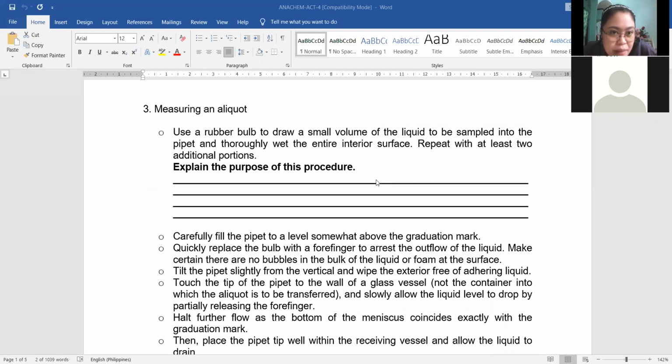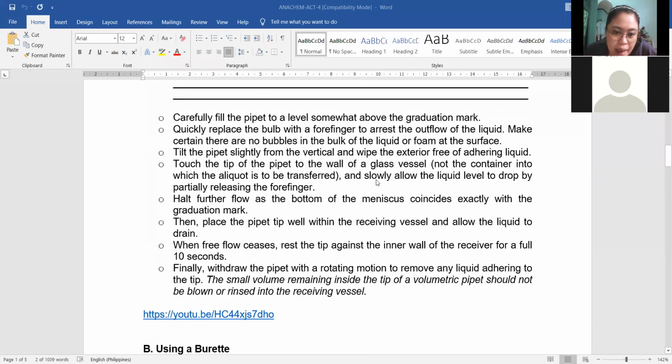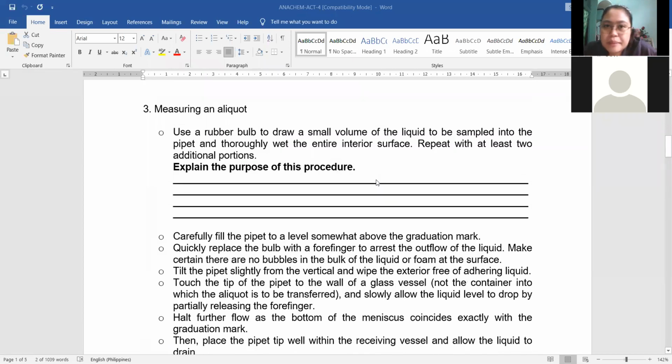So sa steps naman nung pagkuha and pag-measure ng solution na needed natin, ito yun siya, medyo mahaba lang siya, no, yung ating procedures. But I'll give a video later so that meron din kayong idea on how to do this. So first, you have to use a rubber bulb. Yung blue kanina, we call it the rubber bulb or the aspirator, para makakuha tayo ng solution or ng liquid doon sa container natin. So i-use natin yon to draw a small volume of the liquid to be sampled into